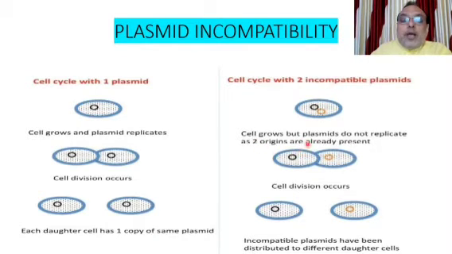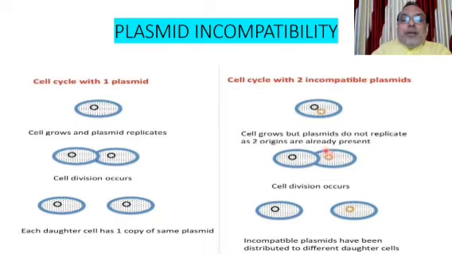When the cell grows and is dividing, neither of the two plasmids has made its own copies. They should have replicated so that one copy is transferred to one daughter cell and one to the other daughter cell. Since neither has replicated, one is distributed to one daughter cell, whereas the other is transferred to the other daughter cell. So why this